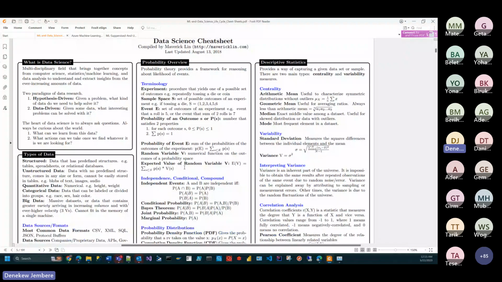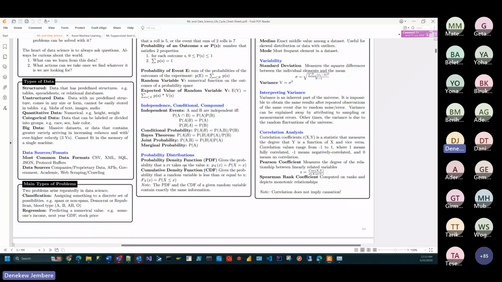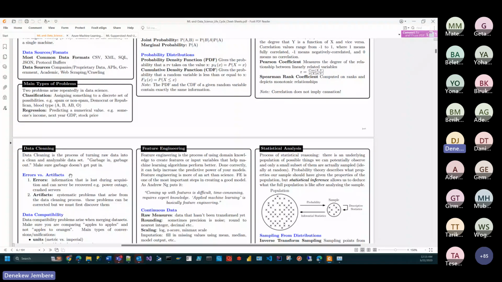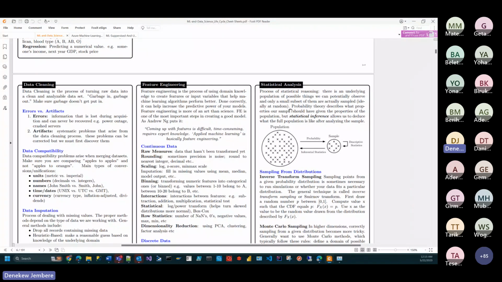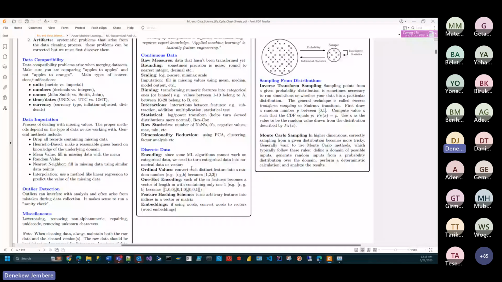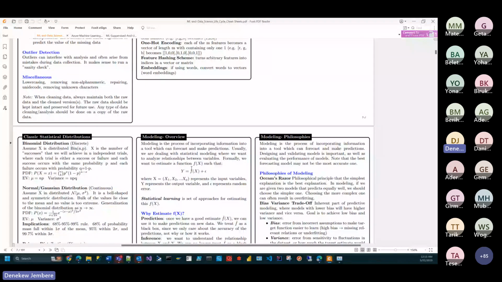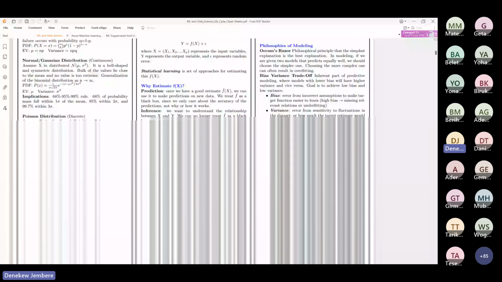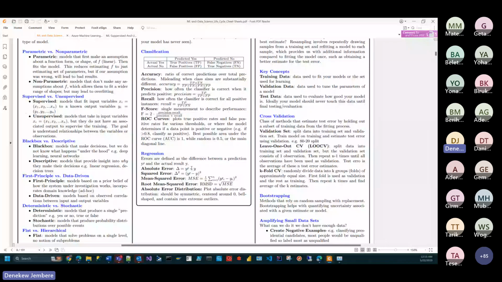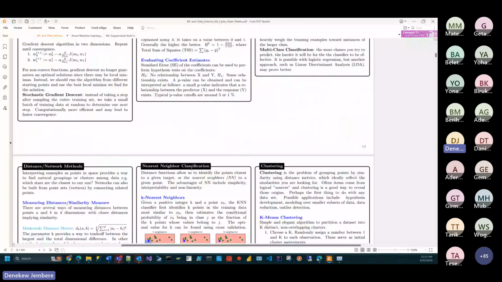So you just go here, you are done. For data cleaning, you can learn more. For feature engineering, you learn more. For statistical analysis, you have all these kinds of details that you can utilize. So these are a couple of data science related cheat sheets. All of these are related. And then